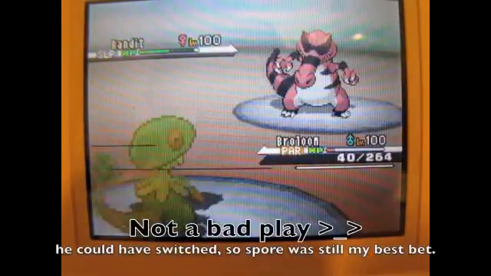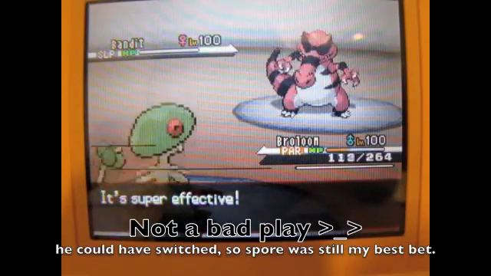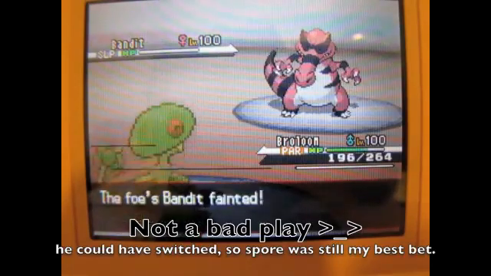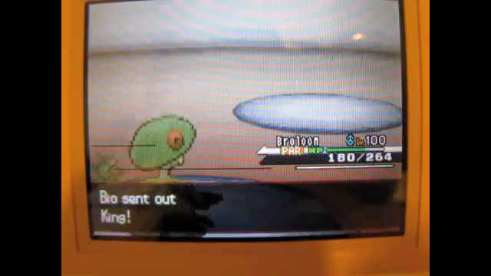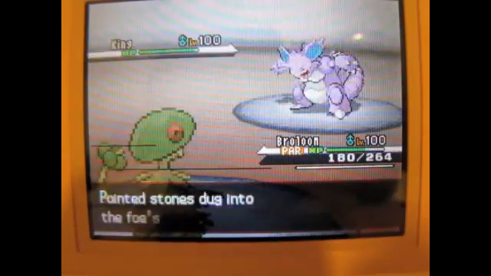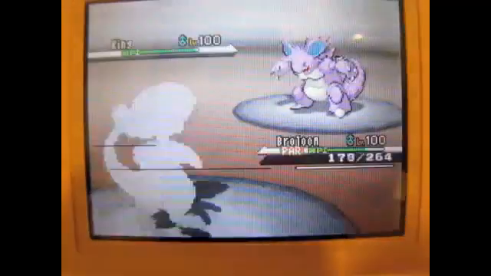I just put it to sleep, which was kind of a bad play. I wasn't 100% sure Drain Punch would kill, but I didn't really need it to. I just needed the damage. So what I should have done there was just go straight for the Drain Punch, but hindsight is 20/20, and who cares what I did? It killed it anyway. He brings out Nidoking now, and I'm just going to leave Breloom in as switch fodder